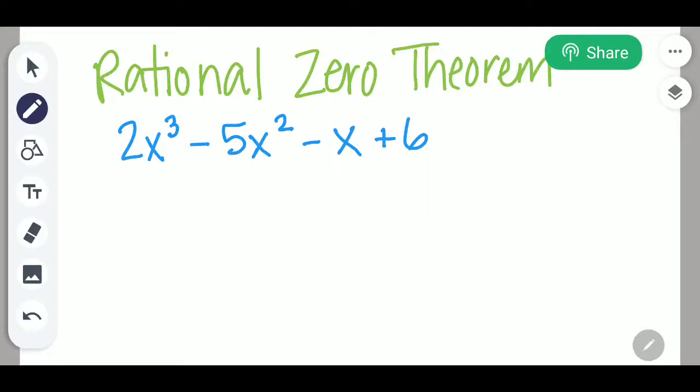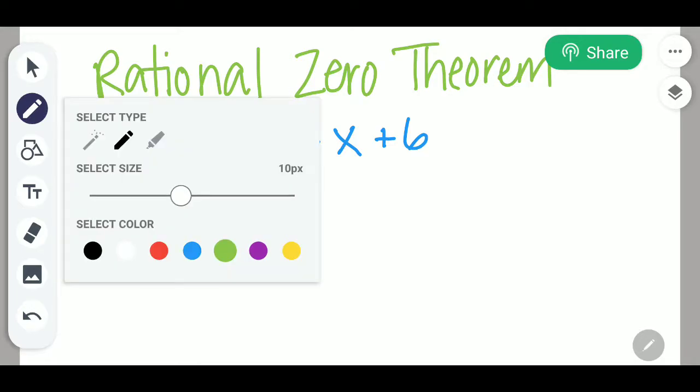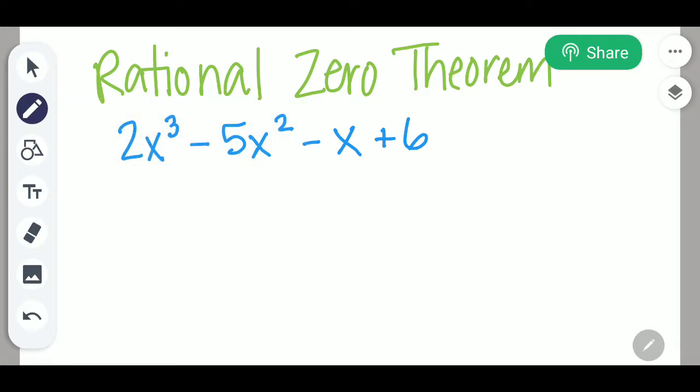Okay, so today we're going to talk about the Rational Zero Theorem. The first thing you want to look at when you're talking about the Rational Zero Theorem, or basically what the Rational Zero Theorem does, is it shows you potential roots for a function so that you can solve and find all the roots. When we do this, we look at the leading coefficient, which is 2, and the constant, which is